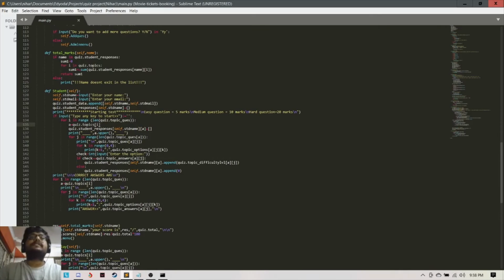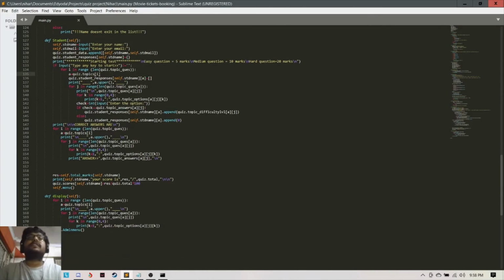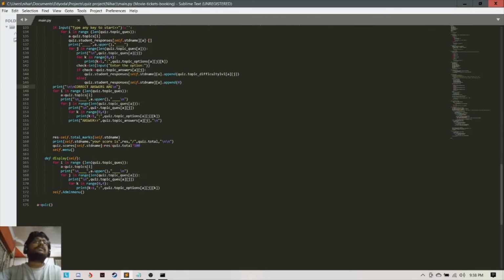If it doesn't match, it will not add the marks. It will just append 0, or else it will append the value that was actually there. If the marks were 10, he gets 10 if he was right. If it's not right, it will append 0 marks there.